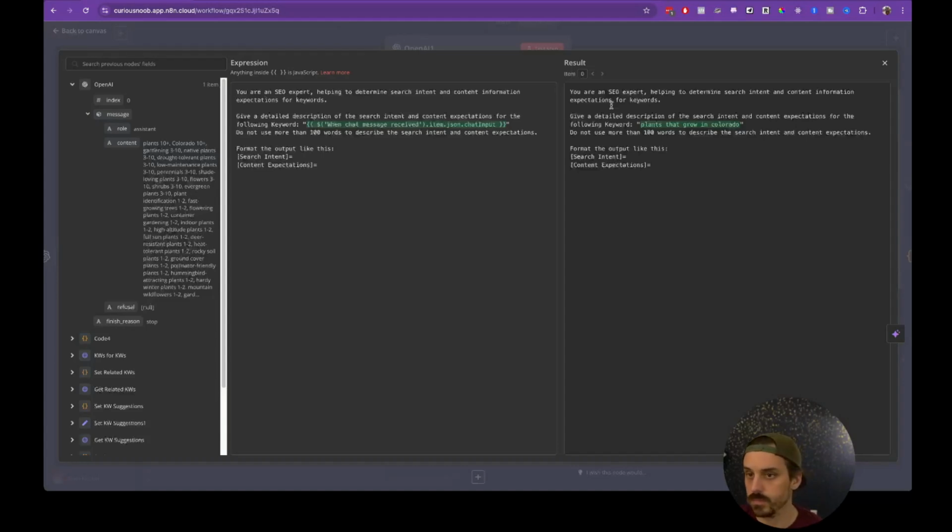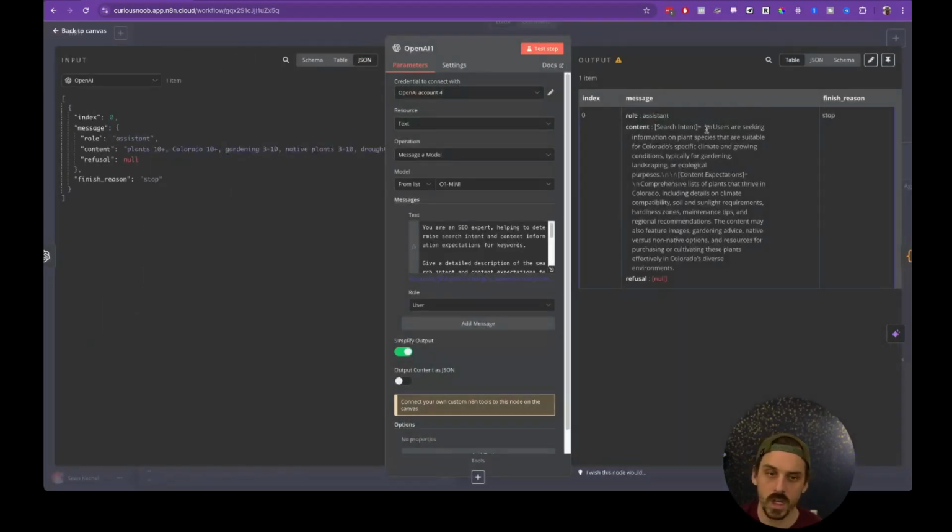And so we tell it, you're an SEO expert. I want you to tell me what you think the intent and content expectations are for this article. And I want you to format it like this: search intent, content expectations. Okay. Now, if we look at what the output is, again, remember the article title was plants that grow in